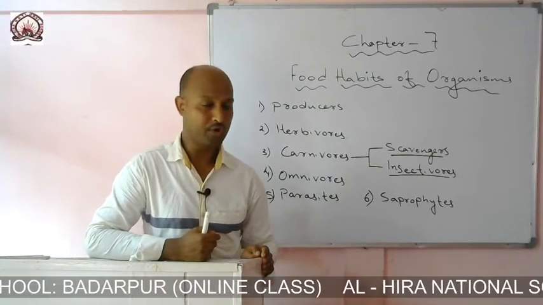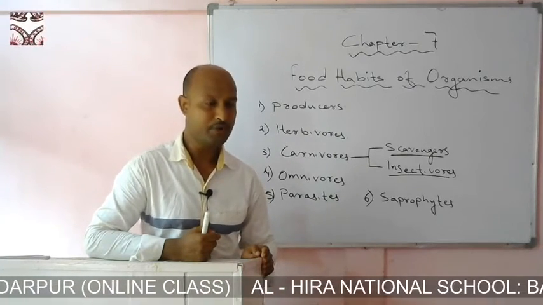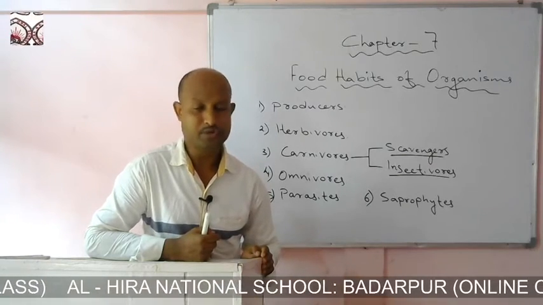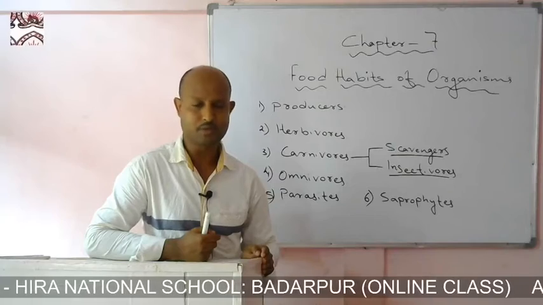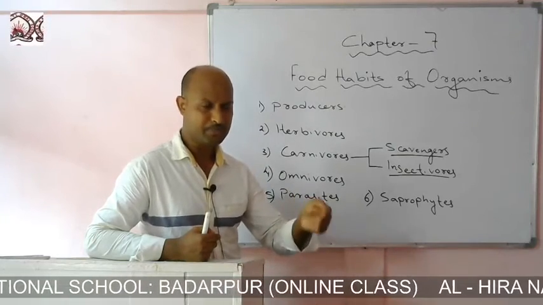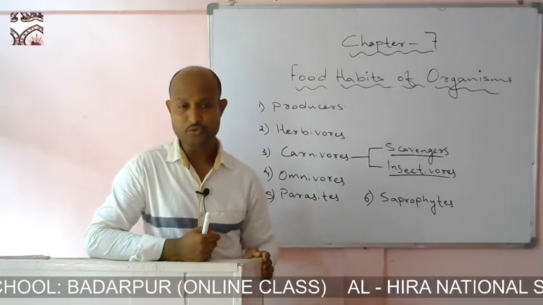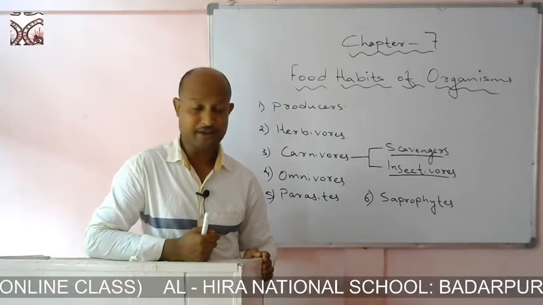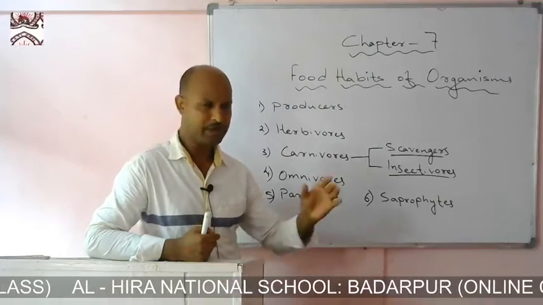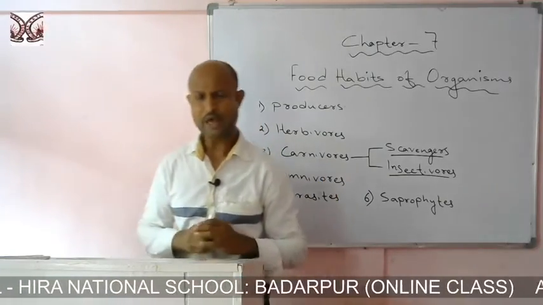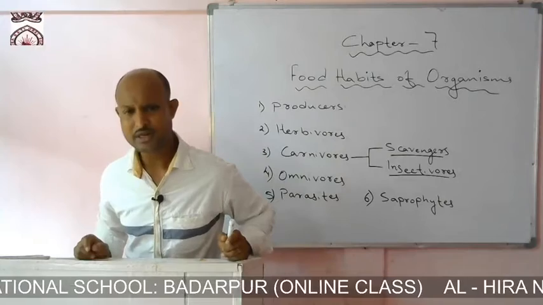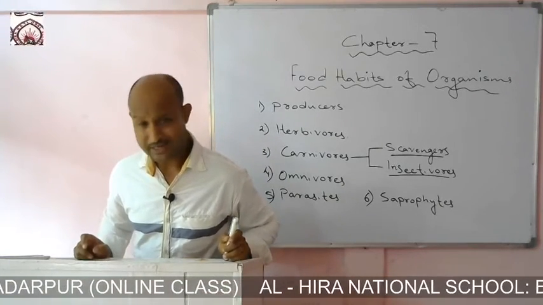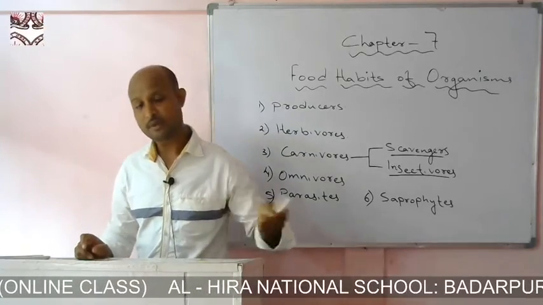It doesn't have chlorophyll pigment. It is not able to manufacture food by itself. So this dodder plant is not a producer. It is not able to produce food by itself. So in order to survive, it grows on other plants, making the plant a host and deriving food and shelter from the plant. This dodder plant has some special types of roots. With the help of these special roots, it binds on the plant and traps and gets the food that it requires from the plant.